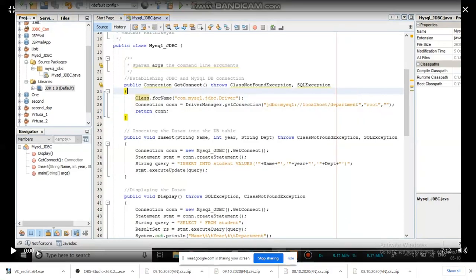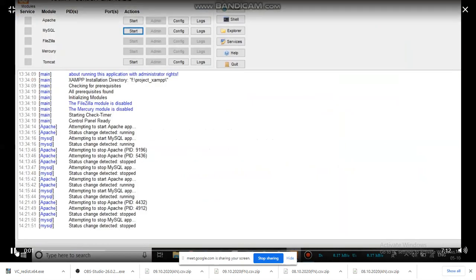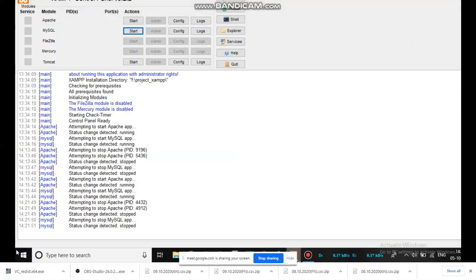So this is the environment of NetBeans. This is called a XAMPP server. XAMPP. This is available on the XAMPP site itself. Just Google it and you can download it from the internet.